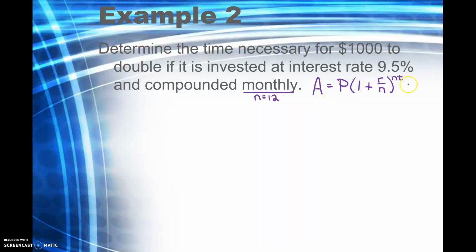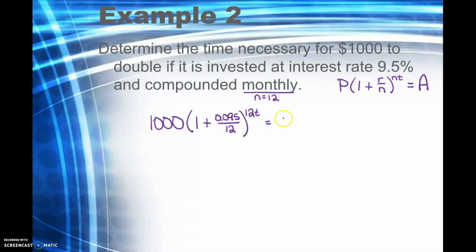And for ease, I want to put equals A on the right side instead of A equals on the left side. It just makes it easier to solve. So we are starting with $1,000 times 1 plus 9.5%, 0.095 over 12 raised to the 12t, and we need this to equal